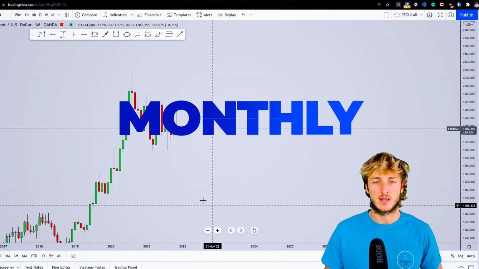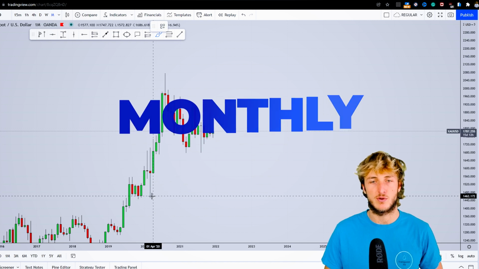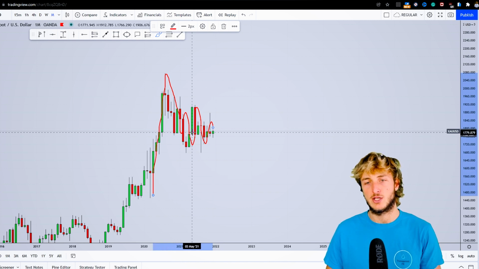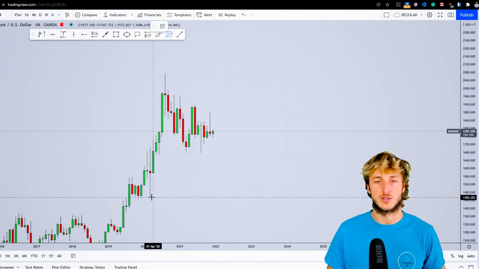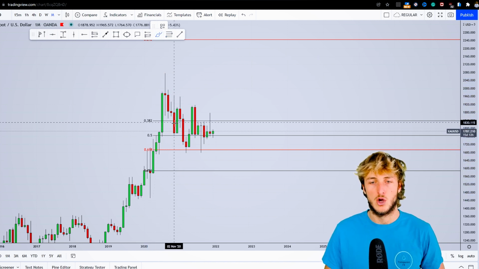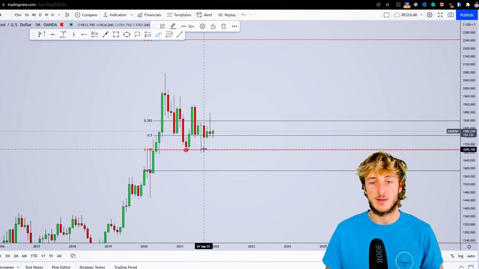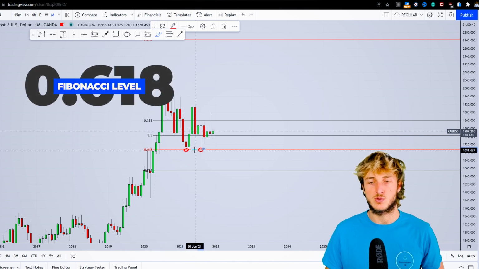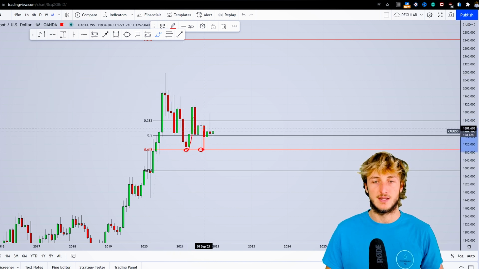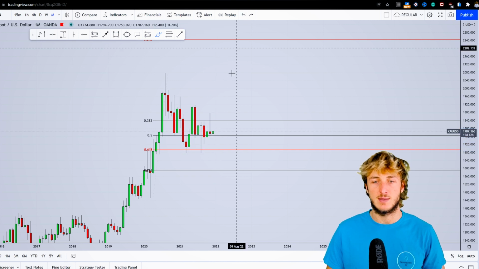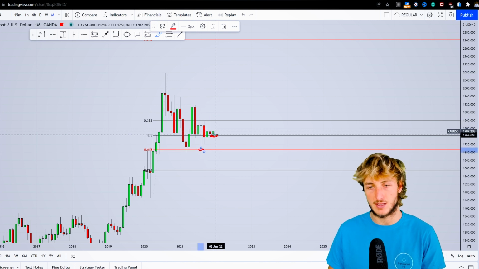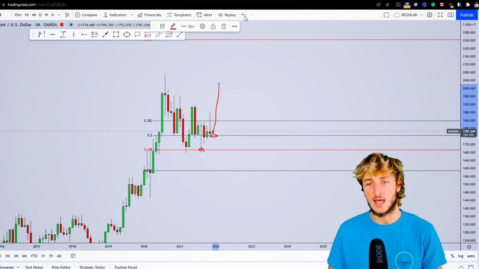Now, starting from the monthly time frame, what we can see is that the market has just created a very strong impulse to the upside, followed by this complex correction. Now, in general, after an impulse, if you want to measure the correction, you have to take your Fibonacci from the low to the high of the impulse. And if we do that, what we can see is that the market has been testing and rejecting twice the 0.618 golden ratio of the Fibonacci taken on the monthly impulse. We can see how precisely the market respected this level twice, and at the moment we are testing the 50%, so basically moving step by step, first at 0.618, now the 50%,